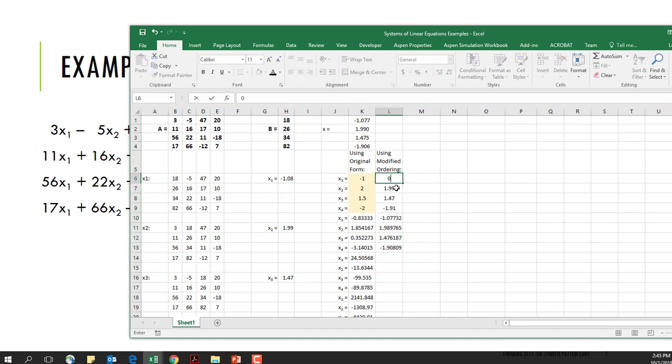and I can put in those bad guesses again, and I've done the equation for x1. You don't have to do them in any particular order, but I did it so that it was x1, x2, x4. Okay, so I went through and did each of these. And this time,